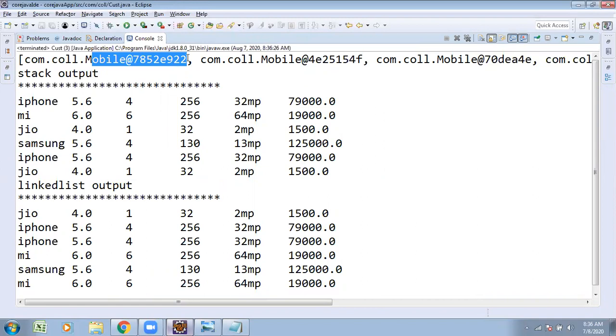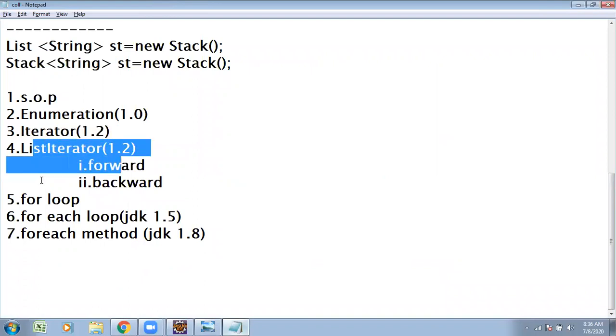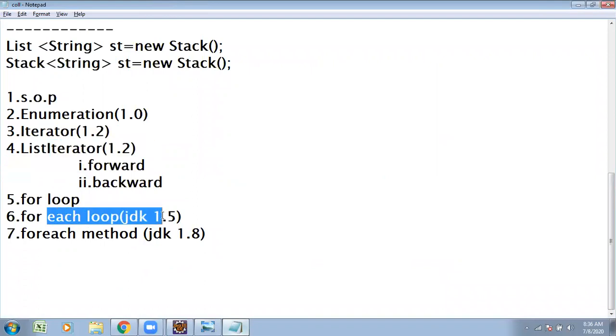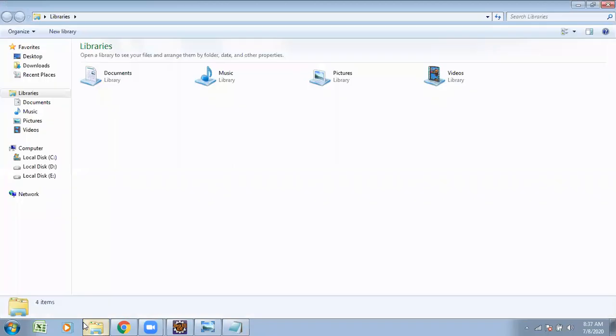To overcome that, they introduced the Enumeration interface, Iterator interface, ListIterator, for loop, forEach method. There are seven different types of methods to retrieve the collection elements. They may ask what is the difference between enumeration, iterator, list iterator.